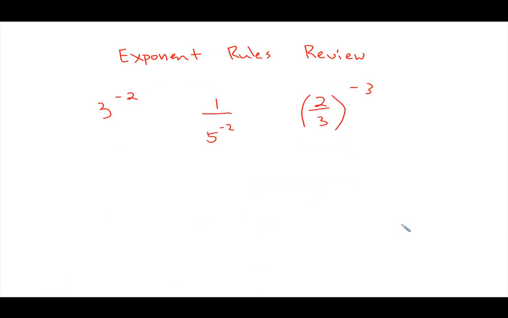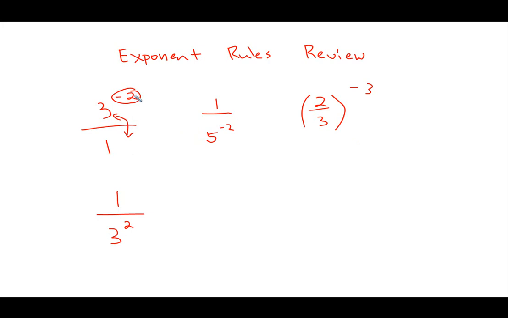Alright, so let's take a look at negative exponents now. Negative exponents. So over here, if you have 3 to the negative 2 power, you could think of this as 3 over 1, right? So if you want to make this negative exponent positive, you have to take the base for this exponent, which is the 3, and you're going to have to move it to the bottom. So that means this is going to end up being 1 over 3 to the positive